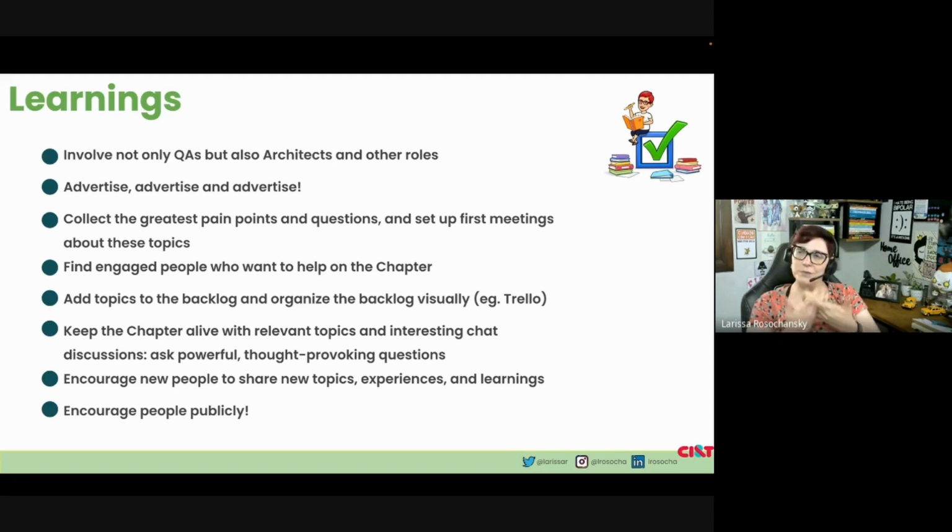And also when they present and share their ideas, encourage people, recognize people and say, well done. This is awesome. This is great. Who is going to do this? Who is going to use it? Because this is awesome, I'm loving it. I'm going to apply this tomorrow. And recognize people.